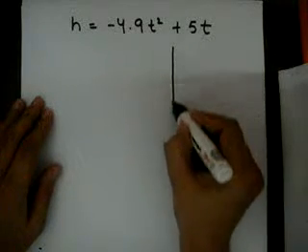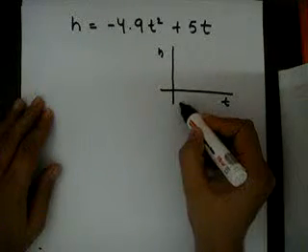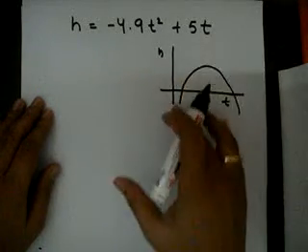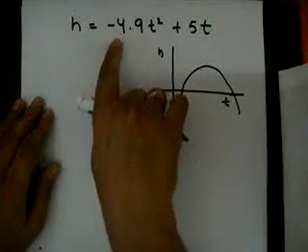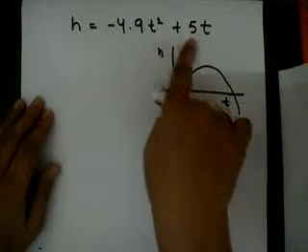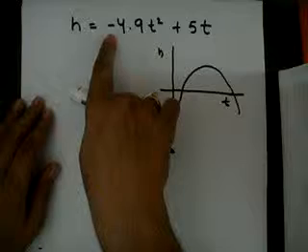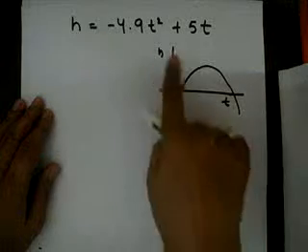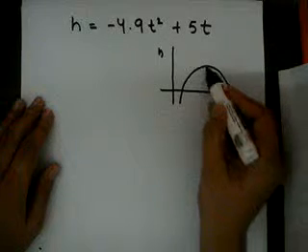This can be understood by graphing h on the y-axis and t on the x-axis, and it will look something like this. So why this curve and why not an upward curve like this? As a thumb rule you can remember, if any quadratic equation like at square plus bt or ax square plus bx has a negative coefficient a, then the curve will look like this. Had it been positive, it would have looked like this.